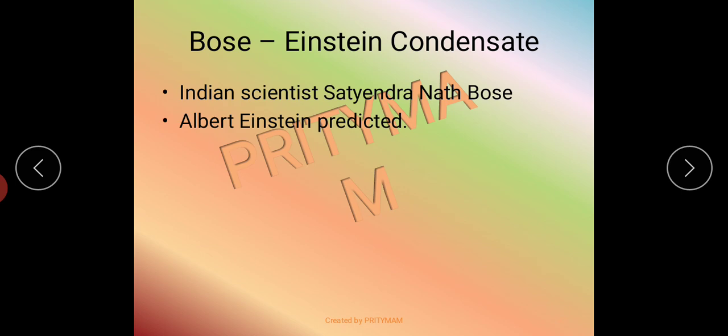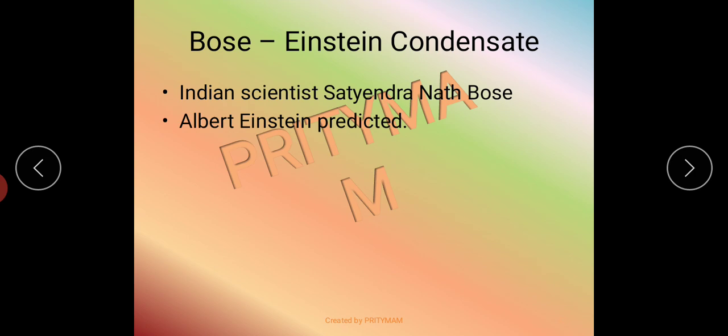Now about the next and the last state of matter, that is the Bose-Einstein condensate. Students, in 1920, an Indian scientist, Satyendranath Bose, did some calculations for the 5th state of matter. And on the basis of these calculations, another scientist, Albert Einstein, predicted the existence of the new state of matter which is called Bose-Einstein condensate,